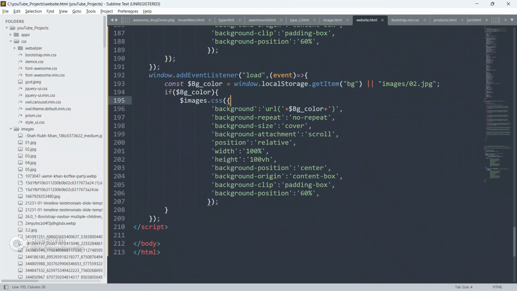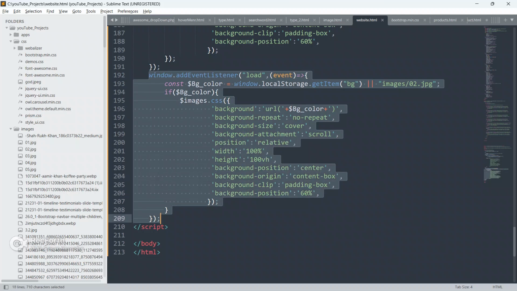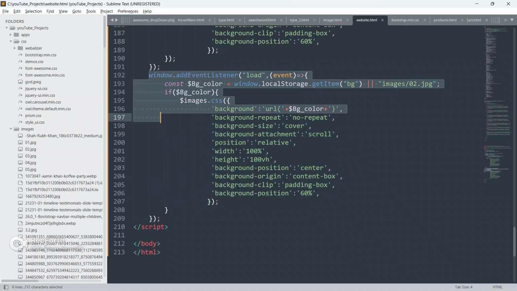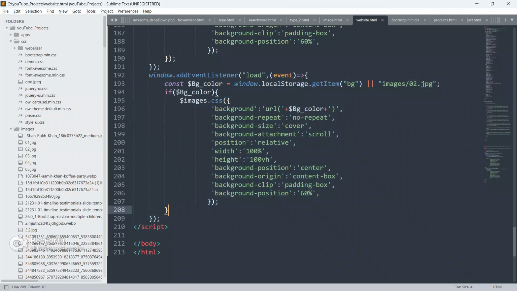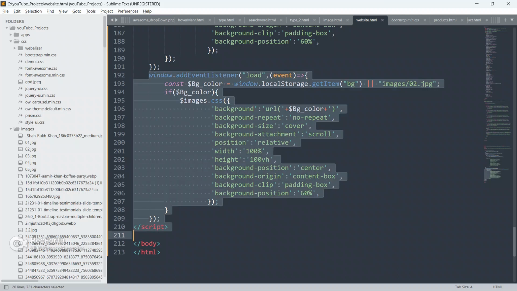That's why whenever our window is loading, our image and background remain the same. It is not changing after the load of the window, because of this code, even after refreshing or cutting the page.